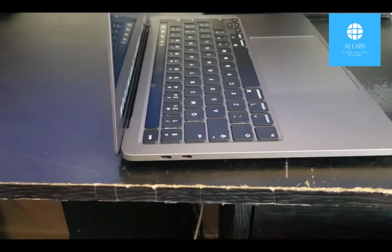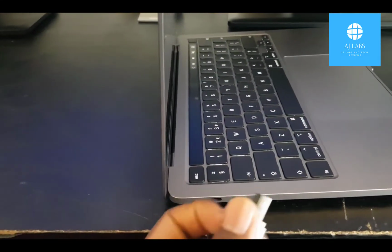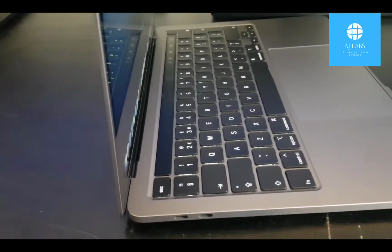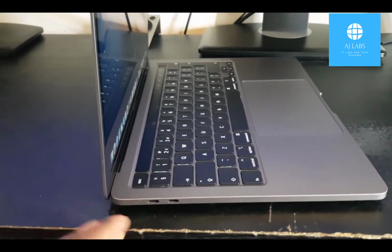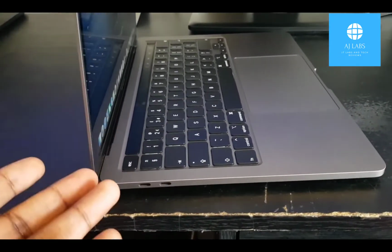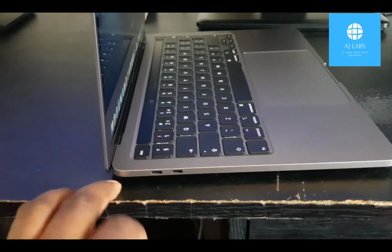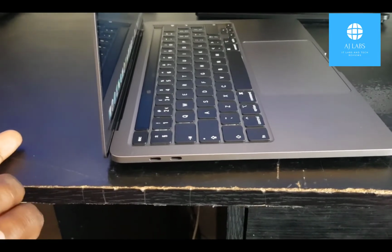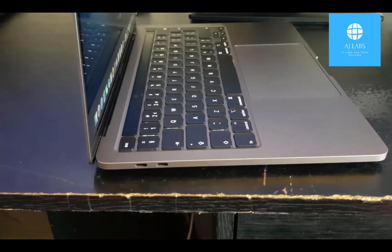If I want to plug in a USB stick, something as simple as a USB stick, then again, I have to go and buy myself a USB-C to USB adapter. So it looks like Apple have been going with the business model of removing as many ports as possible, which is good for simplicity, I guess, and design. But in terms of user experience, you now have to buy yourself more and more adapters. So you might have to buy one of those multiple adapters that have the USB, the Ethernet, the HDMI ports all in one. So one of those all-in-one adapters that you can find online on Amazon or on eBay,